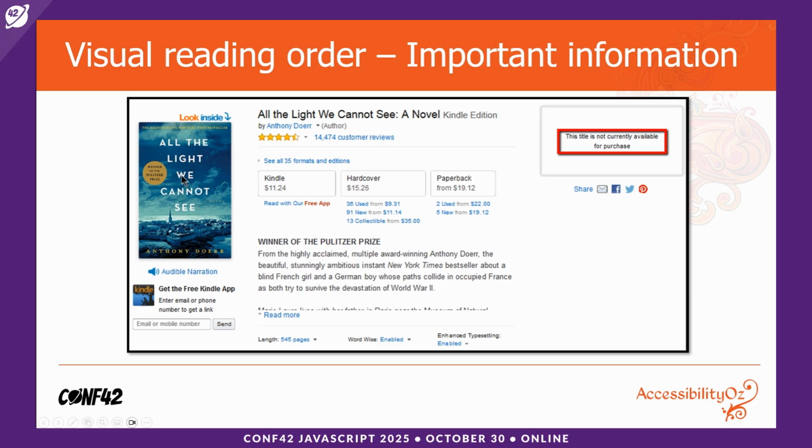You've got a book here, All the Light We Cannot See on Amazon, and you have these prices, but these are not links. So you can click on it many times and nothing will happen. And only if you look over here in the far right-hand corner does it say this title is not currently available for purchase. Now, this information should be first up, as people will often miss content that's on the right-hand side,